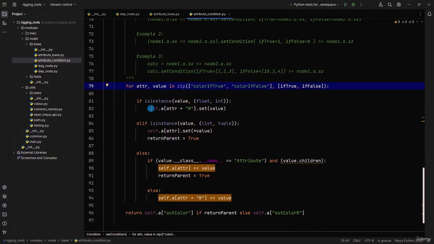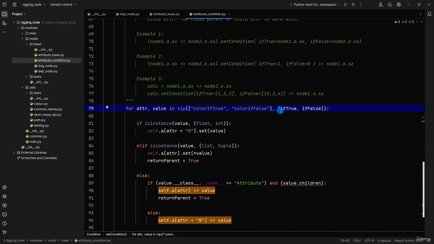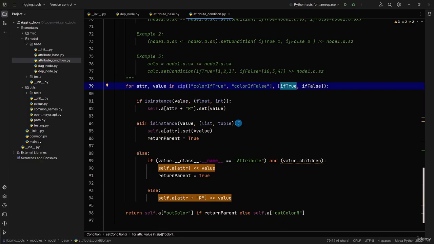Okay, and then that will just set the R value. Okay, and that will loop through again with everything that is within our option here. But now, if it's a list or a tuple, what we're actually going to do is unlock these, and plug them all in to our attr, and cycle through it and then go